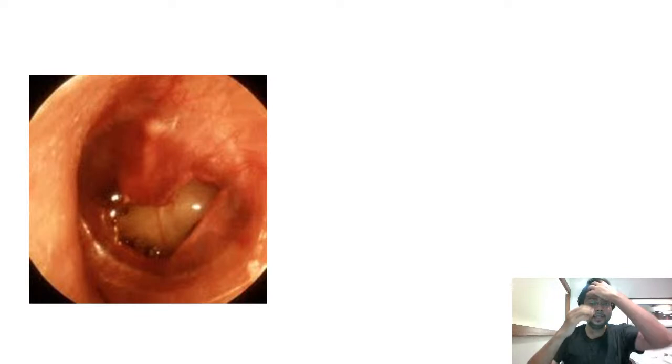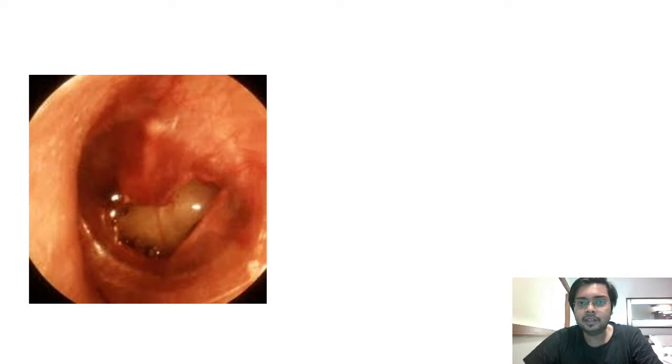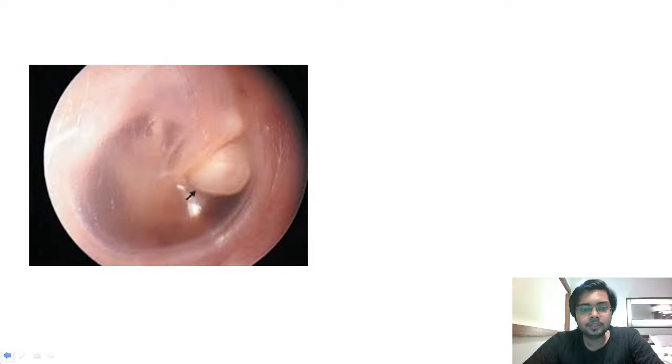But if it heals somehow spontaneously, then it will be your simple injury and not grievous hurt or grievous injury. So usually you need to wait for some time and observe for spontaneous resolution of this perforation. Now here is another beautiful picture which was presented to you by a child with complaints of conductive hearing loss,